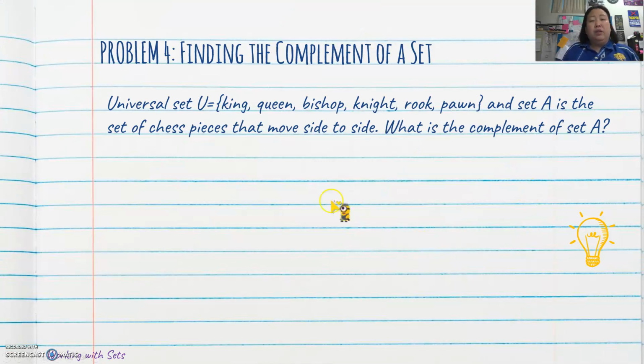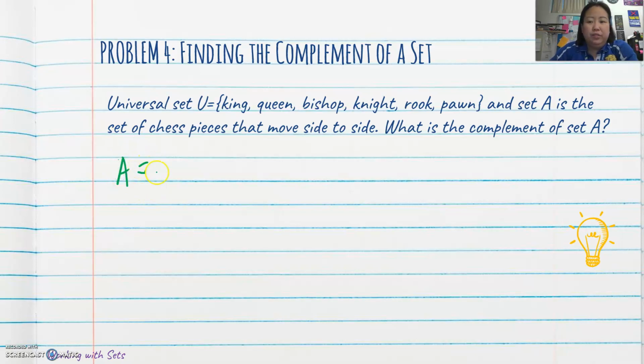All right. So imagine that we have our universal set. It's the king, queen, bishop, knight, rook, and pawn. And set A is the set of chess pieces that move side to side. So what is the complement of set A? Now, for those of you who are not familiar with chess, you gotta Google a little bit about this. So if we're going to define the set A